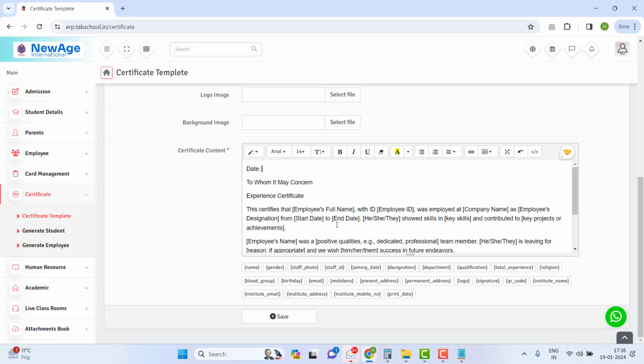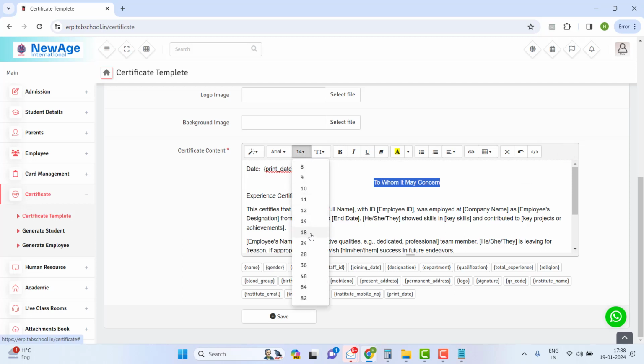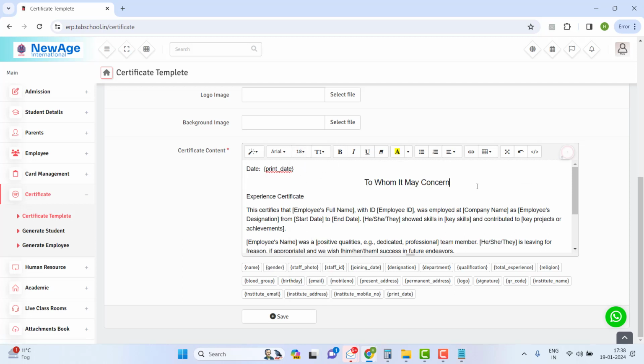So instead of issue date, I'm going to have a print date, and "To whom it may concern," I'm going to make it center, and I'm going to make it a little bigger and a little bolder. Experience certificate, let's make this center as well. Then